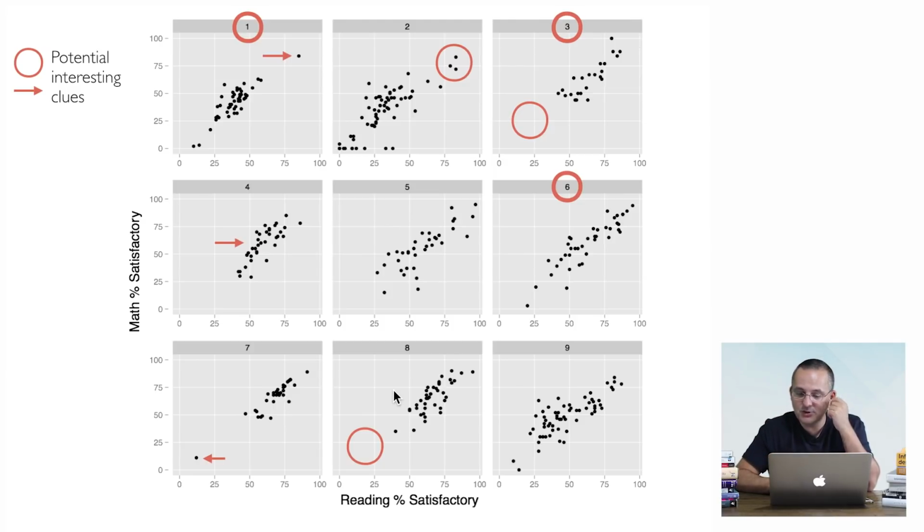And then finally, you may notice that I circled board district number 6. I found that one really compelling and promising. The reason why that happened is that I saw that in most other board districts, schools tend to be concentrated either on the bottom left or on the upper right, low performing, high performing. But board district number 6, these schools over here are really spread out. And that's the reason why I mentioned before that when we visualize data for discovery, we need to pay attention to how much data concentrates or how much data disperses. In most school districts, data is concentrated. Most schools are either here or here or here.